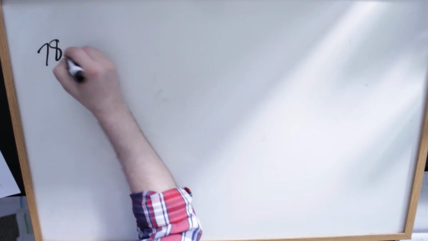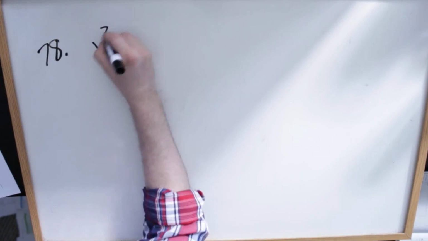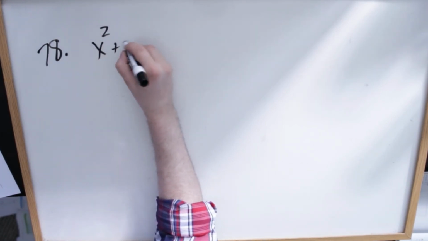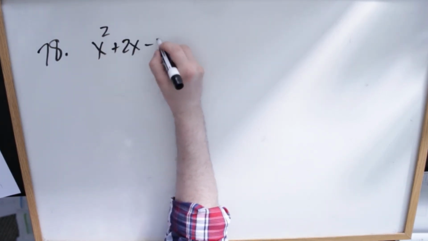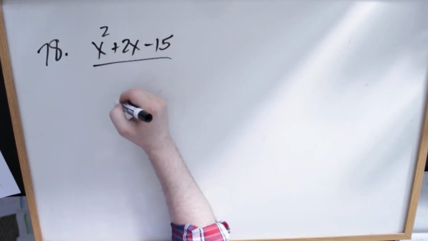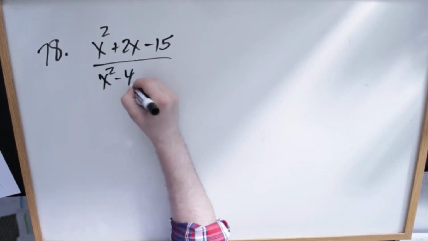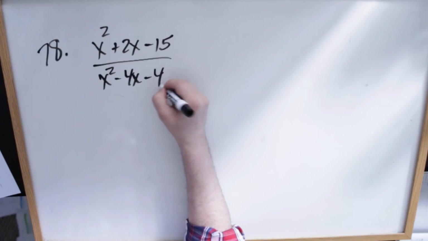Okay, we've done a lot of examples of them up to this point, so I'm going to leave it to you to go ahead and do that because there are questions on the homework that require you to do the factoring. So question 78. I've got x squared plus 2x minus 15 all over x squared minus 4x minus 45